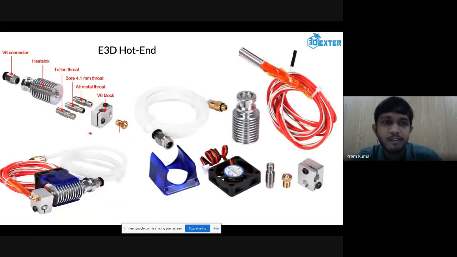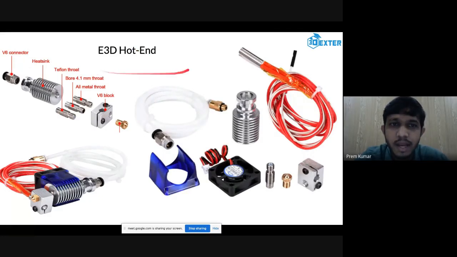So now we have another important part. Till now we have seen different kinds of parts that are responsible for the motion mechanism, and the parts that are responsible for sensing what is moving and what is not moving, the mechanical parts and all this. Now we are looking at a different mechanism, which is the extrusion mechanism.